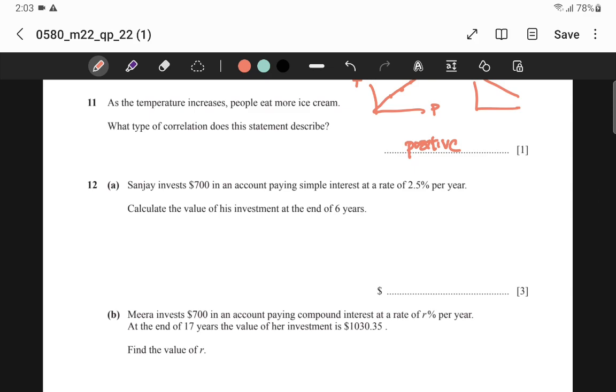Simple interest means every year you will get the same interest, no matter what your balance is. The principal that is used to calculate the interest is always, in this case, the $700. But if we're dealing with compound, it means what? The calculation of the interest will be based on the current